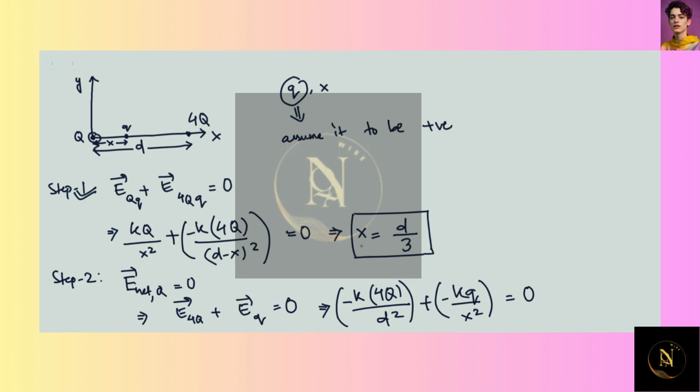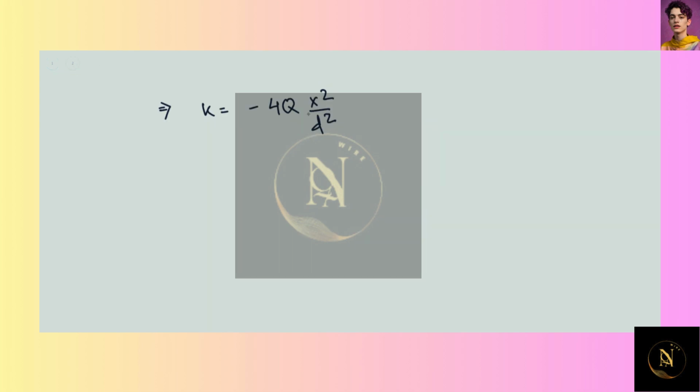Now is the time where we will use this value of x and substitute that over here. So that will give us, oops, I wrote k instead of q. So this is actually small q. Now we will substitute the expression of x, and that will give us d over 3 whole square, and this gives q to be equal to negative 4 times Q over 9. So now we see that q is already negative,